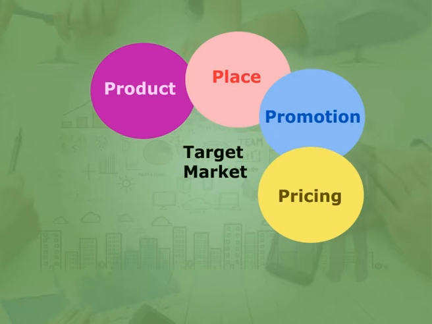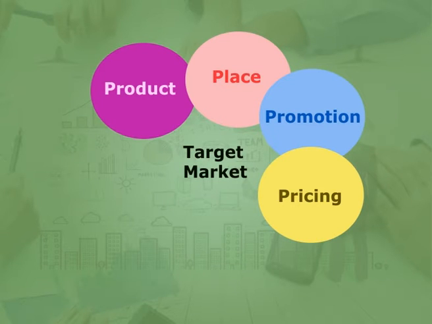The fourth P is pricing. Pricing in case of services is rather more difficult than in case of products. If you were a restaurant owner, you can price only for the food you are serving, but then who will pay for the ambience that you've built up for your customers? Who will pay for the band you have for music? Thus, these elements have to be taken into consideration while pricing. Generally, service pricing involves taking into consideration labor, material cost and overhead costs. By adding a profit markup, you get your final service pricing.